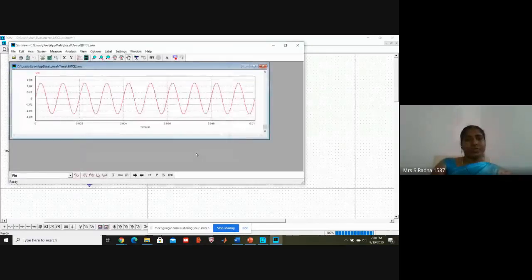So this is the input sine waveform. Okay. So what I have given 50 millivolts. One side wave amplitude is 50 millivolts. Okay. 50 milli, if you apply that milli, it is 0.05. One side peak is 0.05. Other side peak is 0.05. 50 millivolts means one side peak is mentioned. This is about input. Okay.